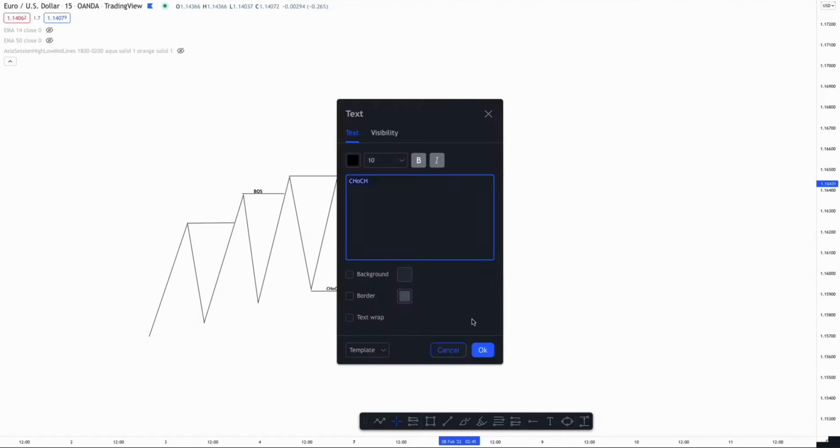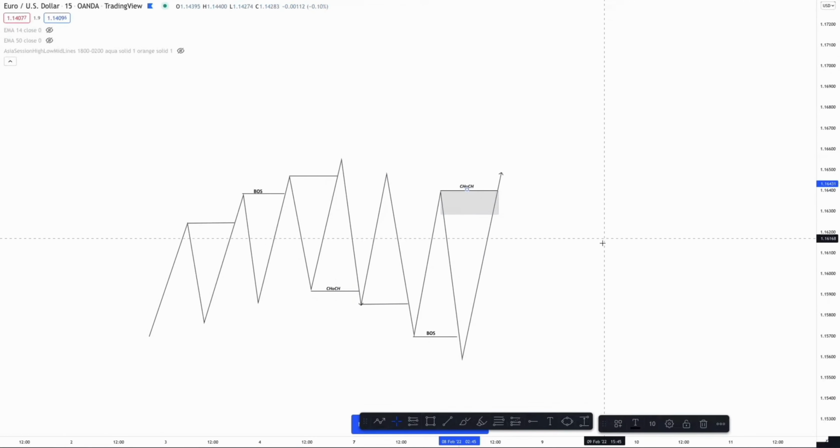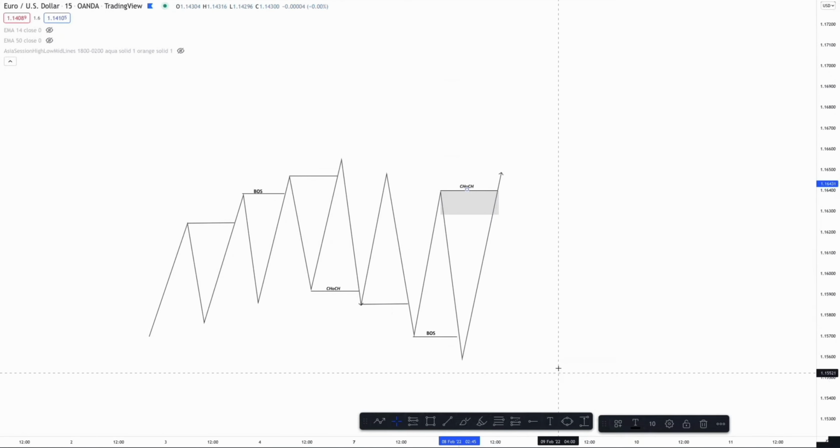But first, we're going to label the choch here, as you can see. So this is where the choch would lie in the market if we were in a bearish trend turning bullish, okay? Now I will jump over to the candle chart